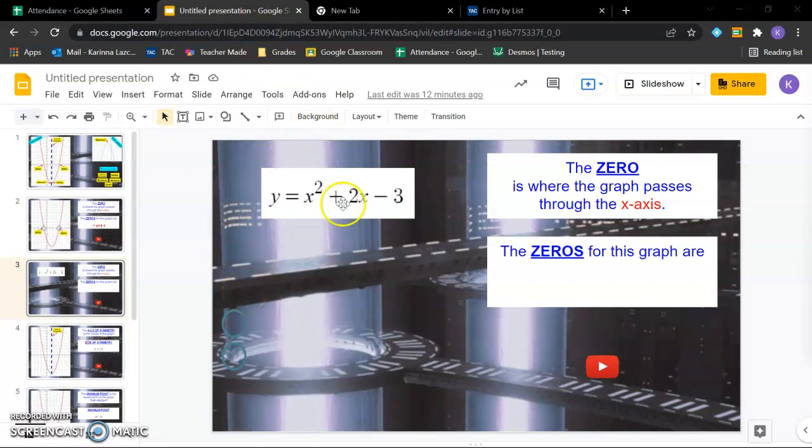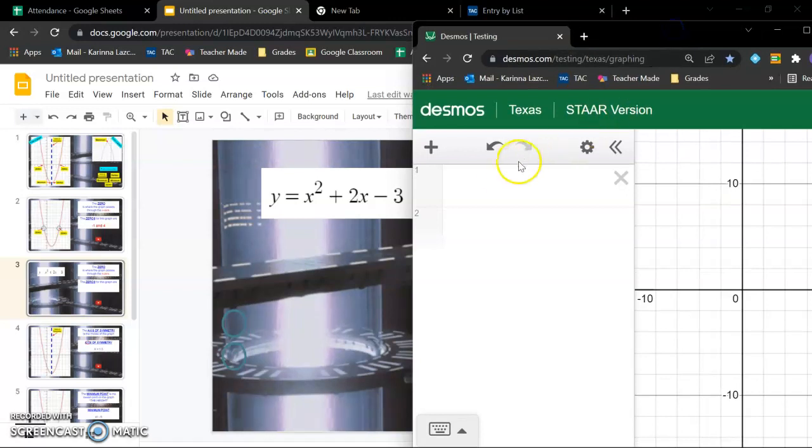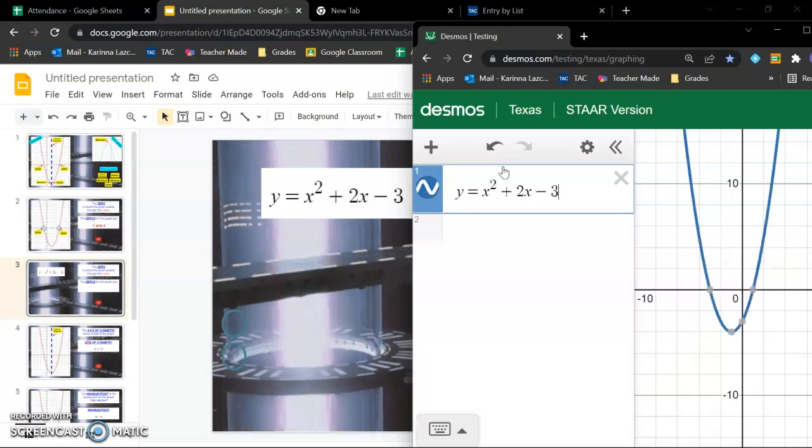Okay, so we have an equation here which is y equals x squared plus 2x minus 3, and it's asking for the zeros. Remember, the zero is where the graph passes through the x-axis. The thing is that we don't have a graph here, so we have to open up our Desmos calculator and type in our equation exactly the way it's given to us, x squared plus 2x minus 3,